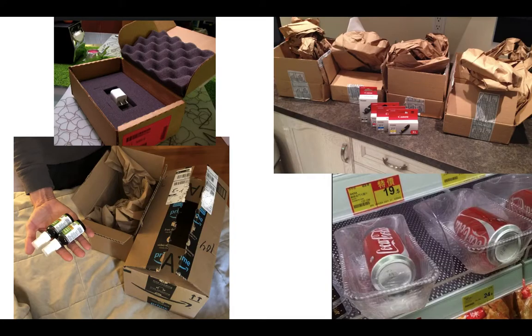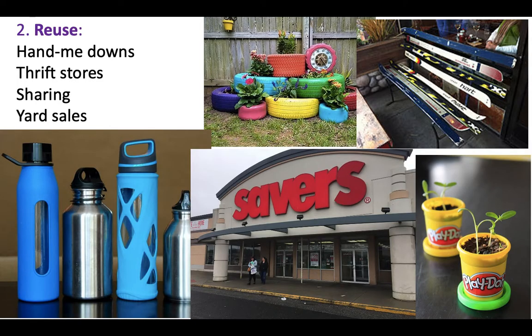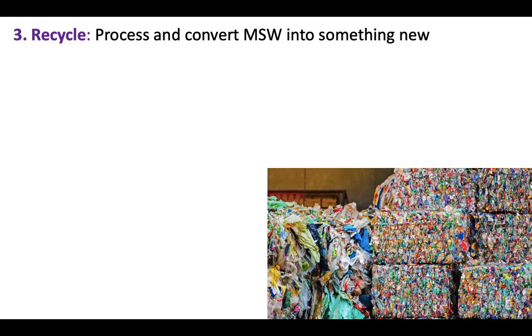Buy less stuff, but also, pay attention to the packaging of things that you get in the mail. Like, look at all of this waste that is totally unnecessary for these tiny little things, or excessive packaging in stores. I've seen individual potatoes that are shrink wrapped at the store. It's really sad because it's excessive waste and it's unnecessary. But additionally, we can reuse things: hand-me-downs, thrift stores, sharing, reusable bottles, reusable bags. Those might not seem like a big deal, but they add up over time. So reuse as much stuff as you can, passing down old computers and cell phones to younger siblings or neighbors or whatever. And then lastly, we want to recycle, where we process and convert solid waste into something new.